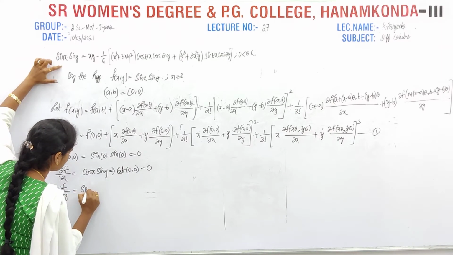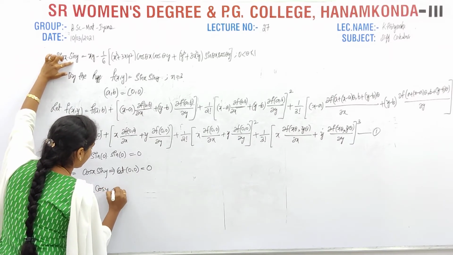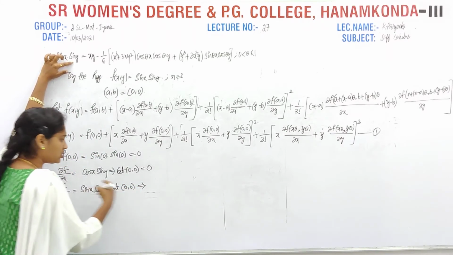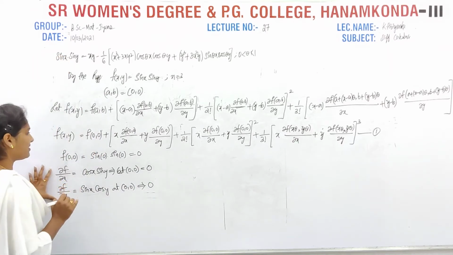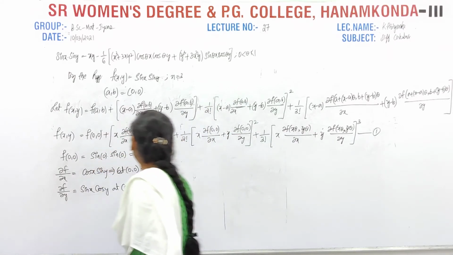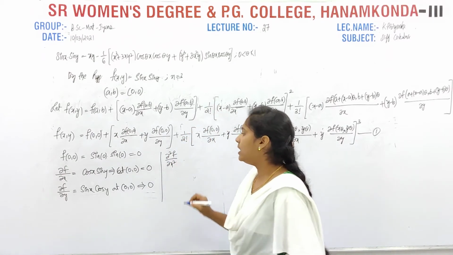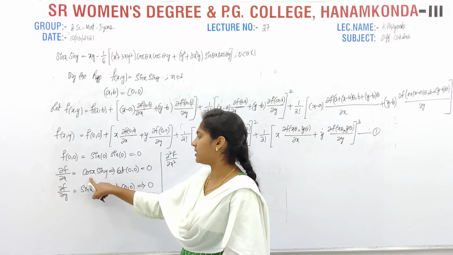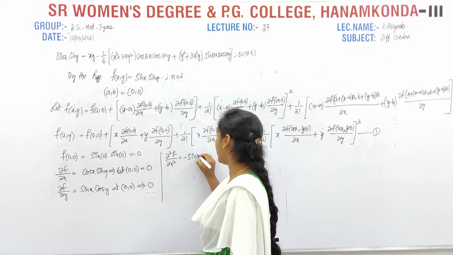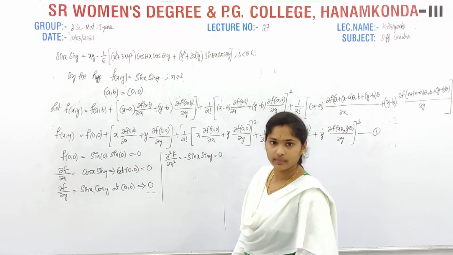sine x as it is, and the derivative of sine with respect to y, that is cos y. Again at 0 comma 0, what do we get? Sin 0 cos 0. Sin 0 is 0, and 0 into something is 0. So now the first order derivatives are zeros. Next what do we have to calculate? Second order derivatives. That is dou square f by dou x square. Dou square f by dou x square means with respect to x again. So the cos x derivative is minus sin x into sin y. So at origin simply it is nothing but 0.